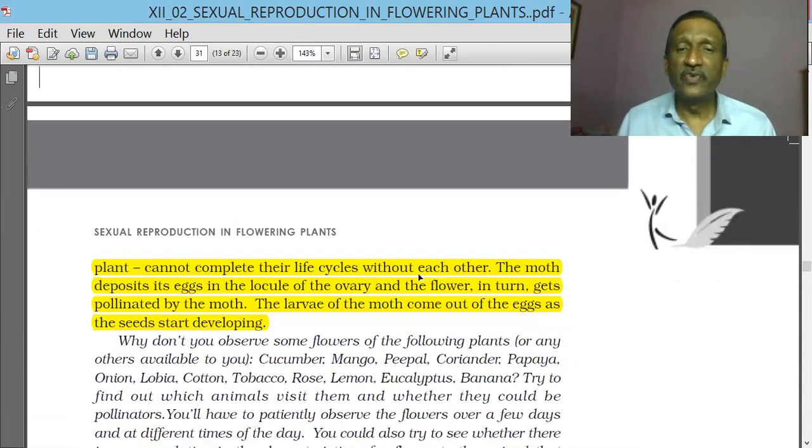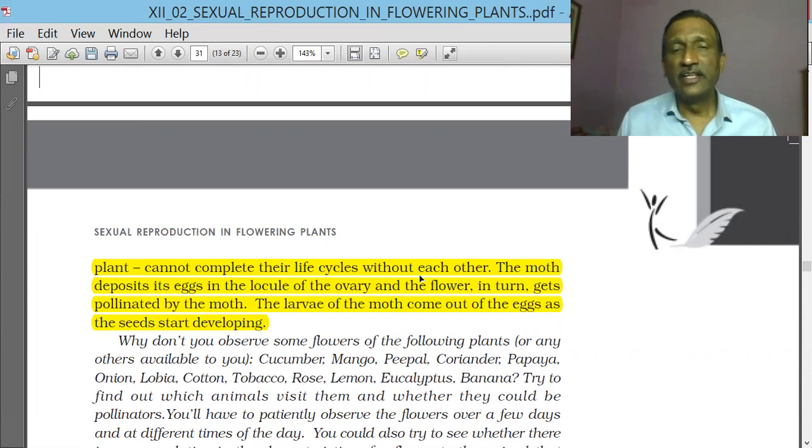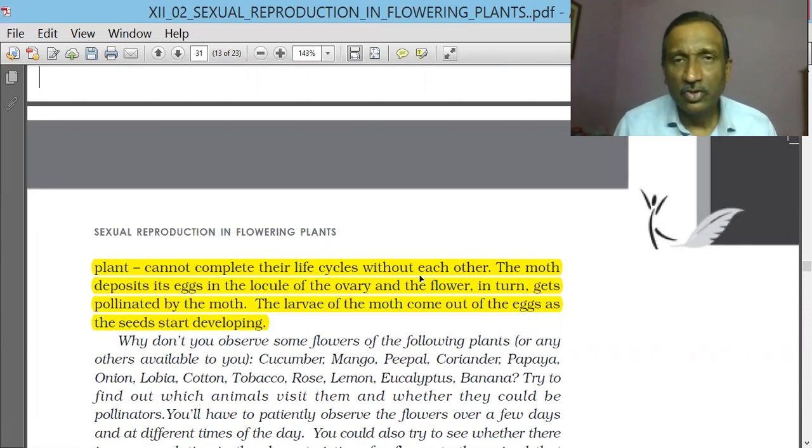तो यहाँ पे इनको हम कहेंगे one on one relation. ठीक है. Yucca cannot survive without that moth. The fig plant cannot survive without that moth, because if they will not go and deposit their eggs there, there will be no chance of pollination. ठीक है. So they are one on one relation. That Ophrys flower which we have seen, where one of the petals became similar to that of the female, तो वो नहीं होगा तो वो जाएगा ही नहीं वहाँ, और वो जाएगा ही नहीं तो pollination ही नहीं होगा. कौन करेगा उसका pollination? So these are the various examples where the pollinators are given some sort of attraction, and